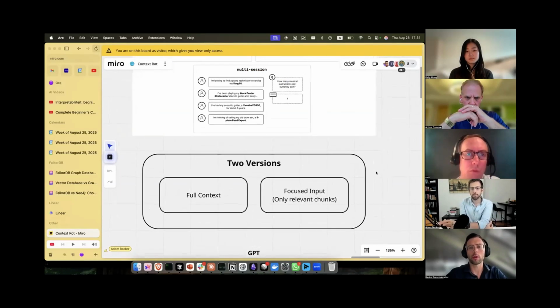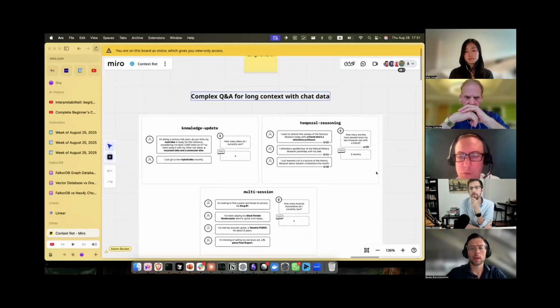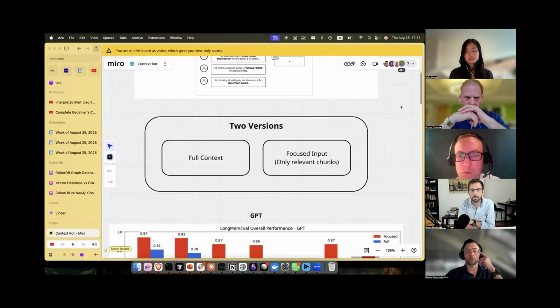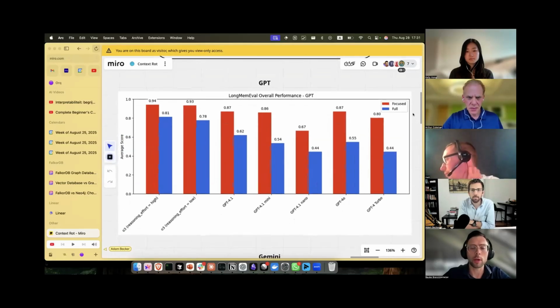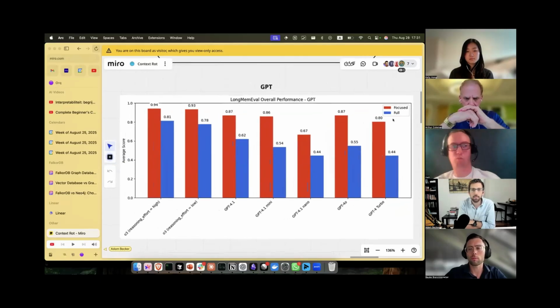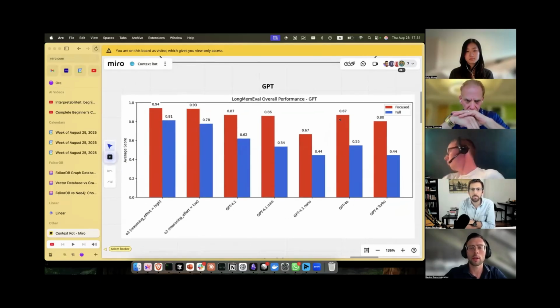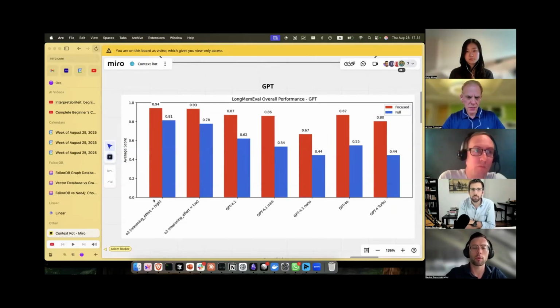So quite a simple, neat experiment, and I think we can just jump into the results immediately. I did shuffle the results around a little bit, because looking at ChatGPT is a good start. Here we see something quite interesting. The focused chats are in orange, or red, and the blue describes the full context retrieval. We have all the different models on the x-axis and their performance for each test. We can see a clear decrease between the full context and the focused context.